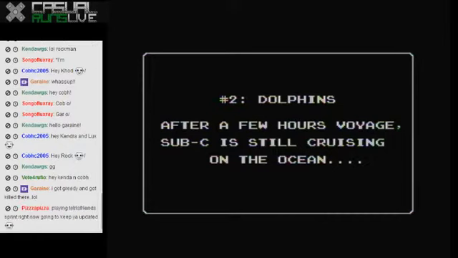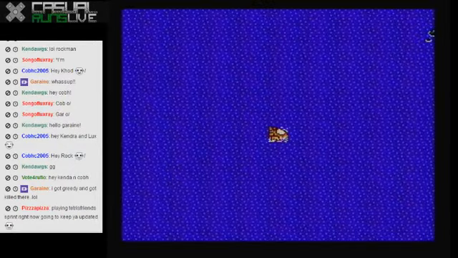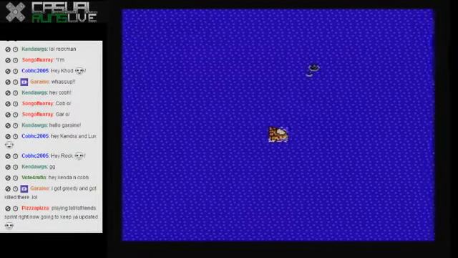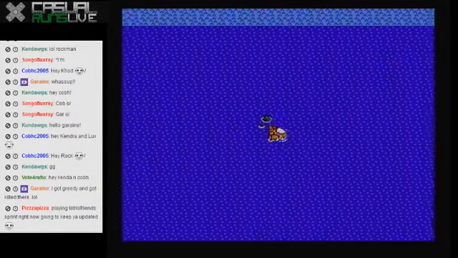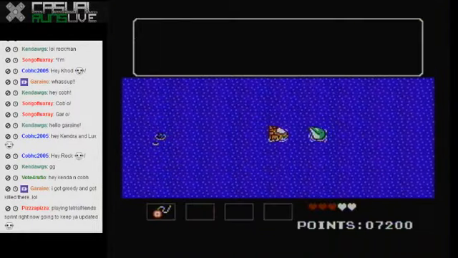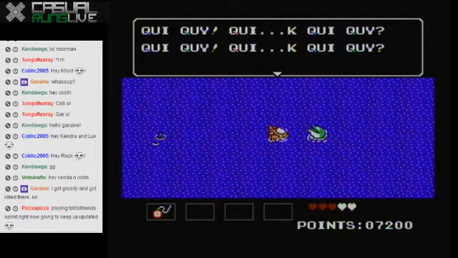Dolphins. After a few hours' voyage, Subsea is still cruising on the ocean. And I guess I'm in control of the sub myself now. And there's a dolphin. And I can't understand it. Oh, and I have 5